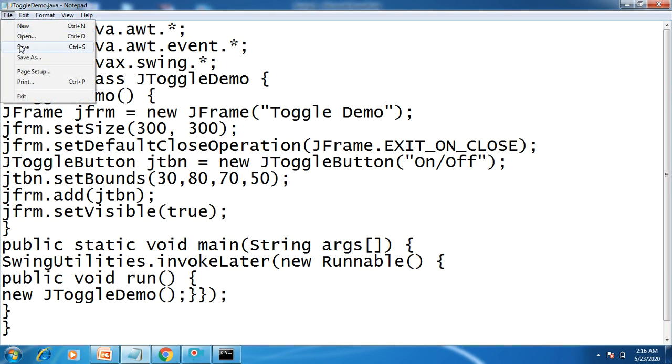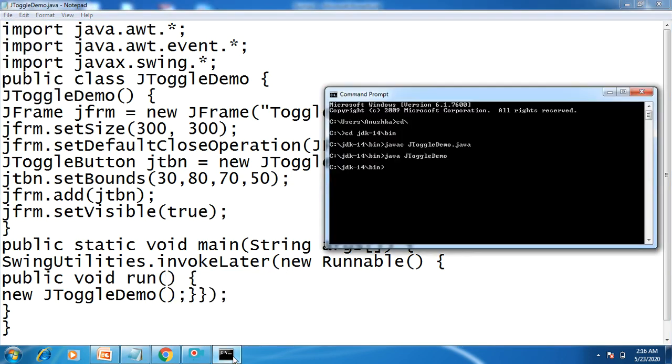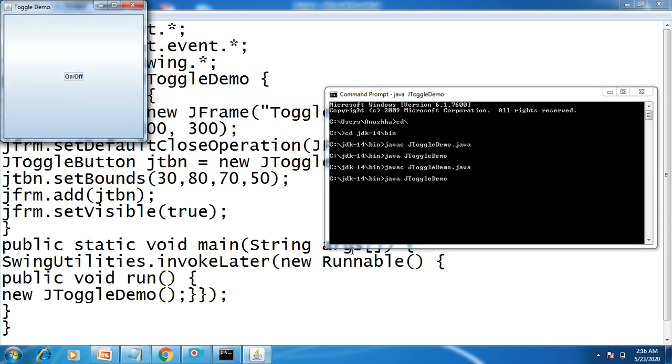Check it, save the program. Okay, need to change it. Where you want to display, with setBounds. As the window is 300 by 300 in size, it has displayed at the center again.